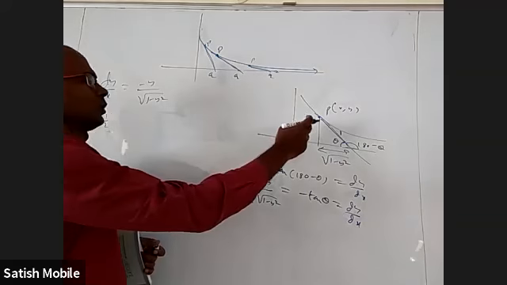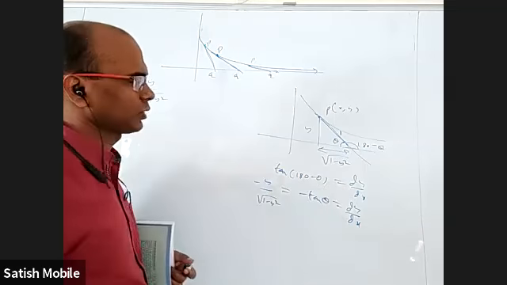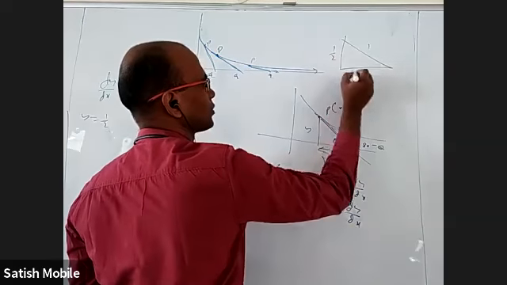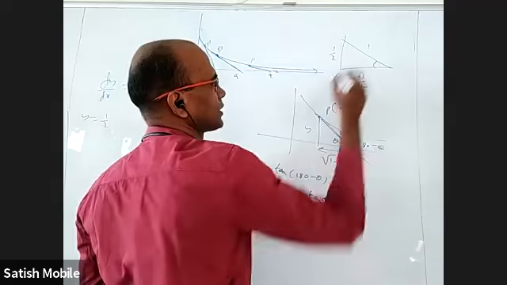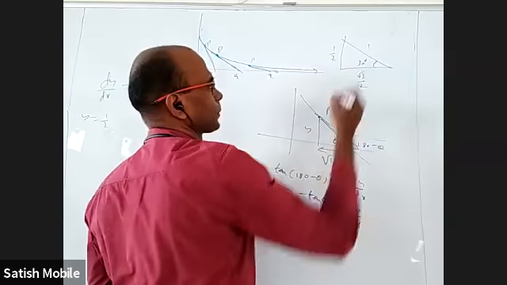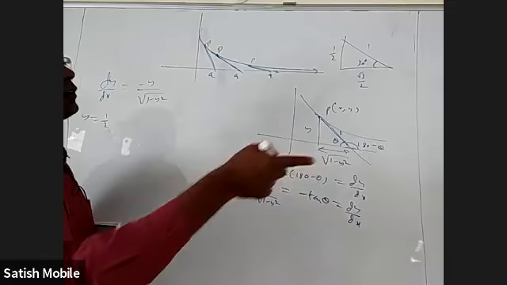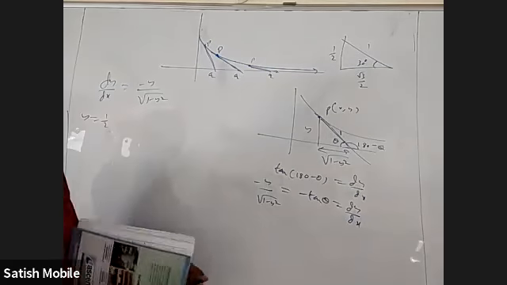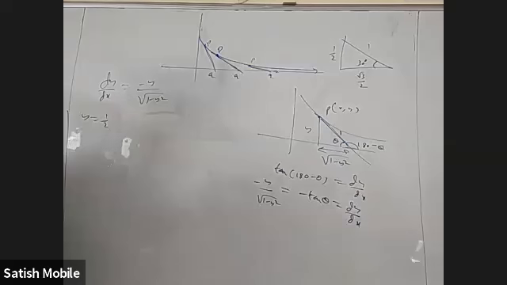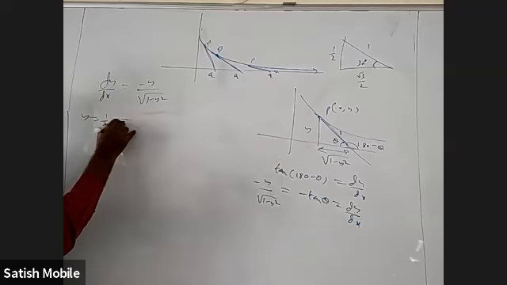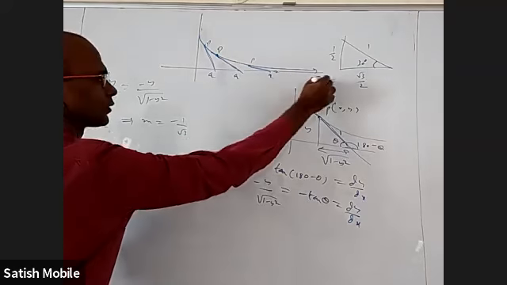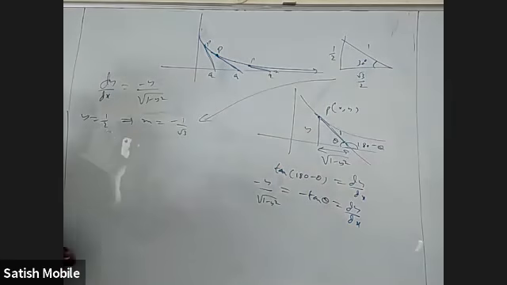No. It is 1 by 2, minus 1 by root 3. That's it, from the figure you can tell. Imagine a right angle triangle here. This is 1, this is 1 by 2, this is root 3 by 2. So what is this angle? 30 degrees, right? Then the other angle will be 150. If you want slope, it will be minus 1 by root 3. So just from the figure you can tell, you don't need anything much. Or from here, which implies slope is equal to minus 1 by root 3, or from this figure also you can tell, whichever way you want.